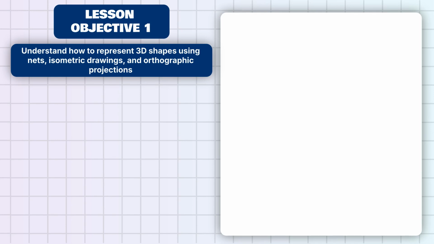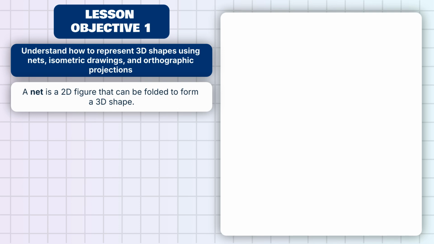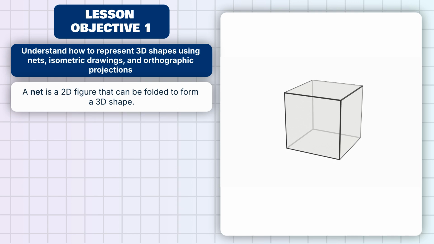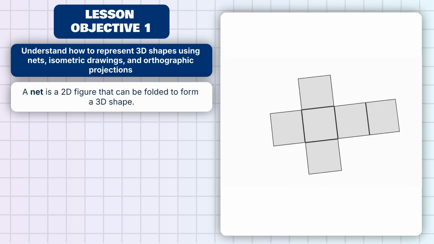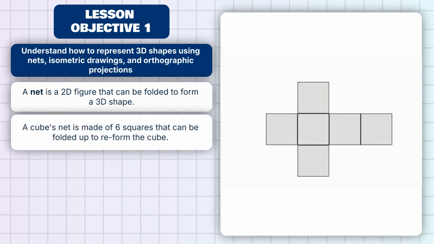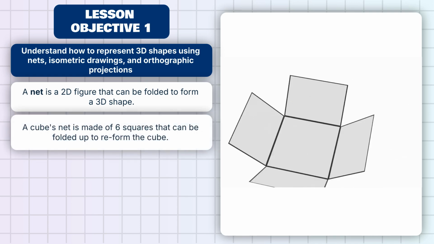The next representation we'll explore is nets. A net is a 2-dimensional figure that can be folded to form a 3-dimensional shape. Let us take a cube, for example. We can unfold the cube to its net. The net is made of 6 squares arranged in a way that they can be folded up to reform the